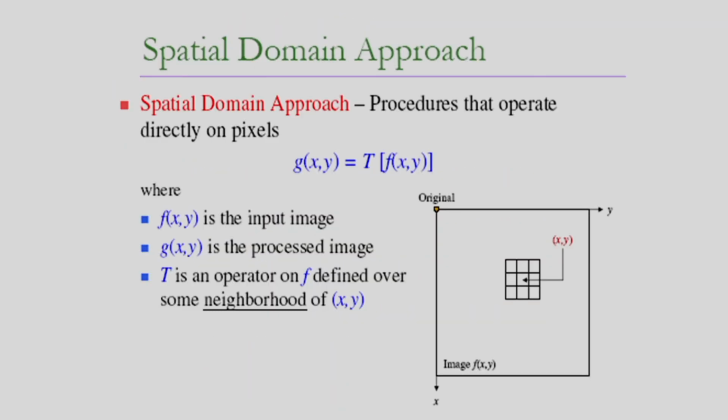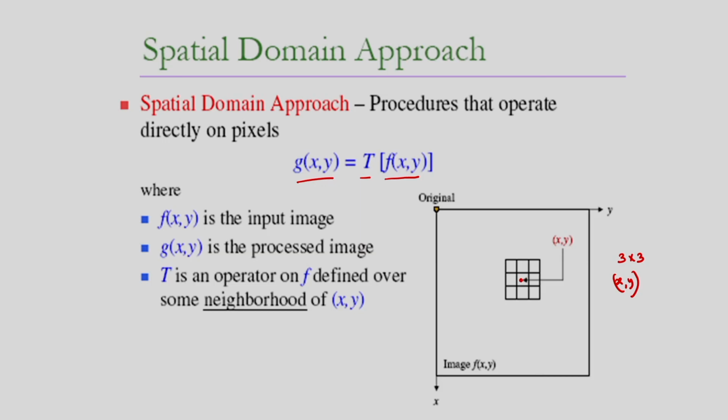In this case, I am showing the spatial domain approach, and here you can see f(x,y) is the input image, and T is the transformation. I am doing some transformation, and I am getting the output image. The output image is g(x,y). T is an operator on the input image. The input image is f(x,y), and in this case I am considering the neighborhood of (x,y). So for this I am considering a mask. In this example I am considering the 3 by 3 mask around the pixel (x,y). That is the center pixel. The center pixel is (x,y).